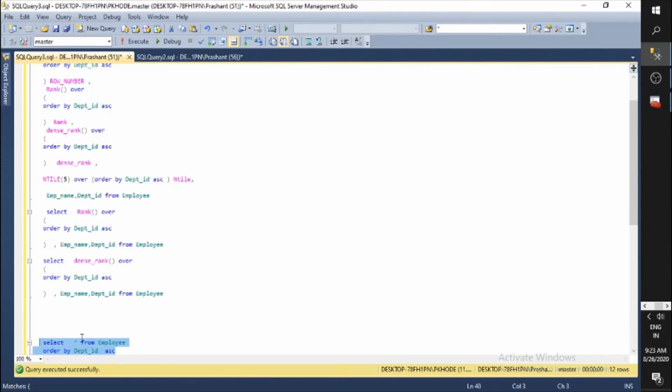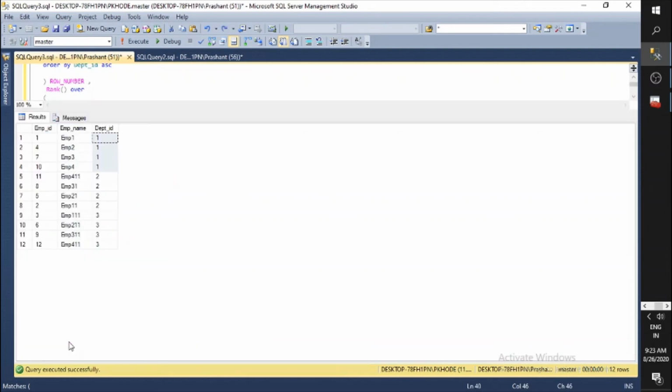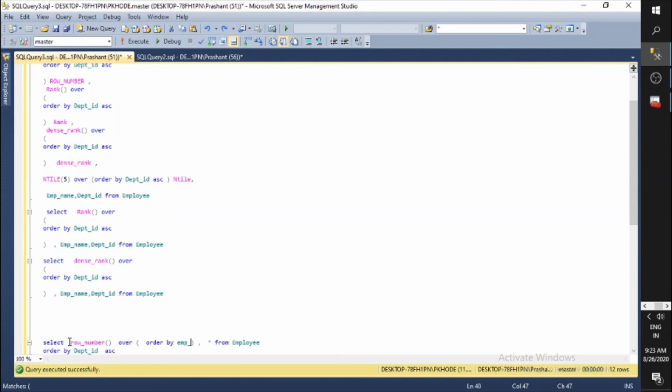I would write like this: row number function, then over, it is the same, then order by what? Order by EMP ID, or you can say EMP name. What's the name? EMP underscore name.